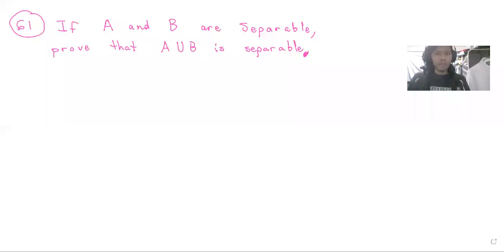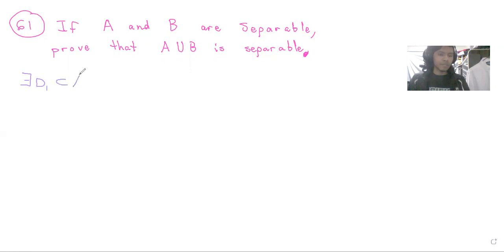Now we will work on problem 61, and that is if A and B are separable, prove that A union B is separable. So first, we can start off by writing the definition of separable. So we say that A is separable if there exists a